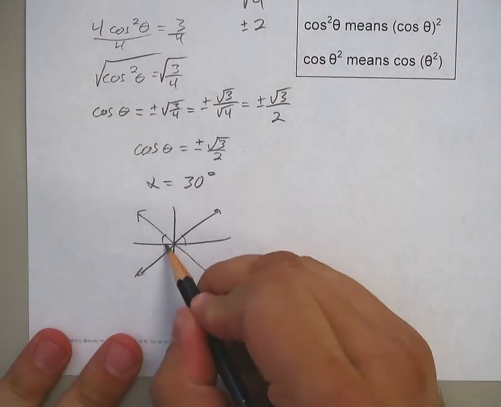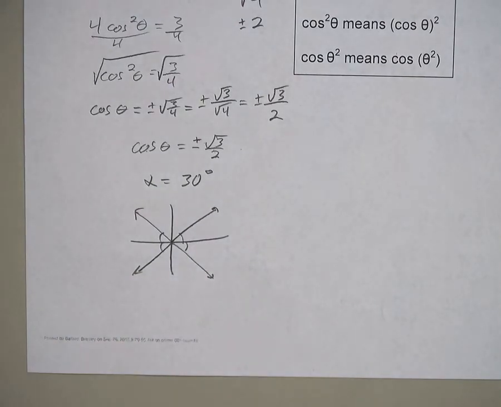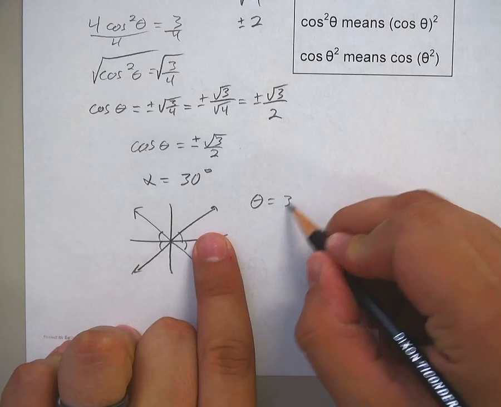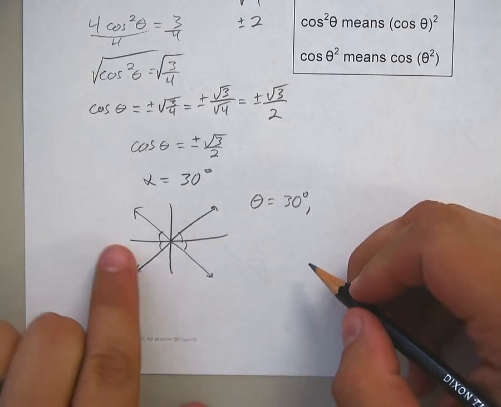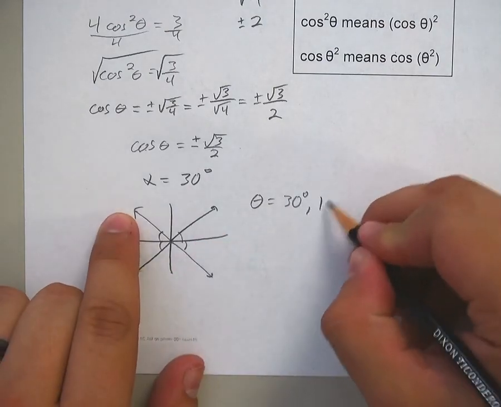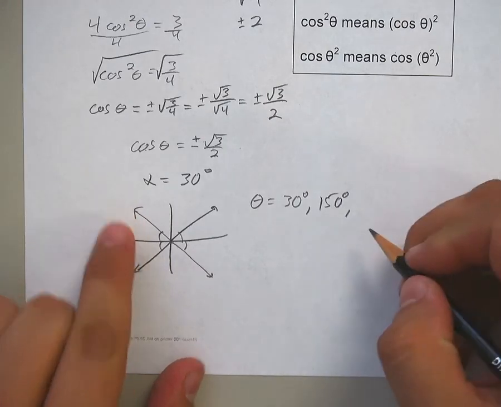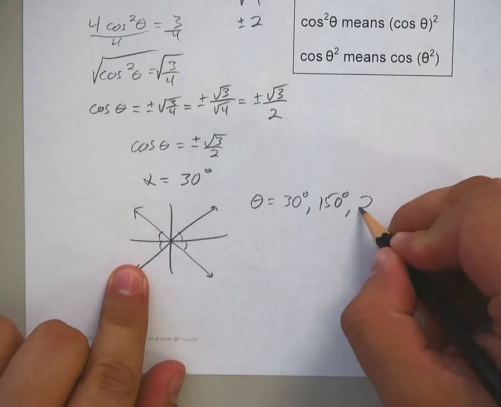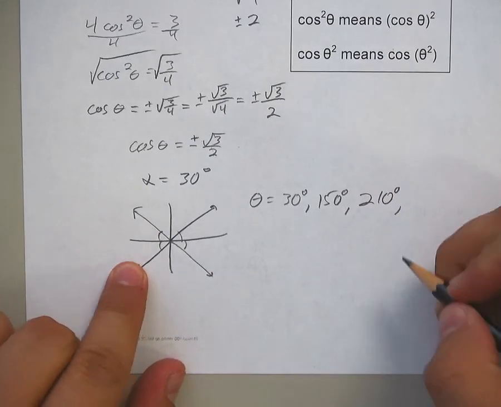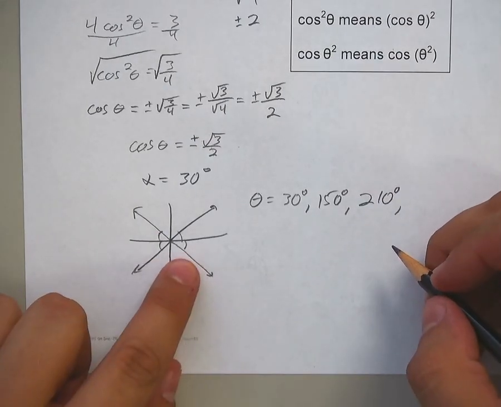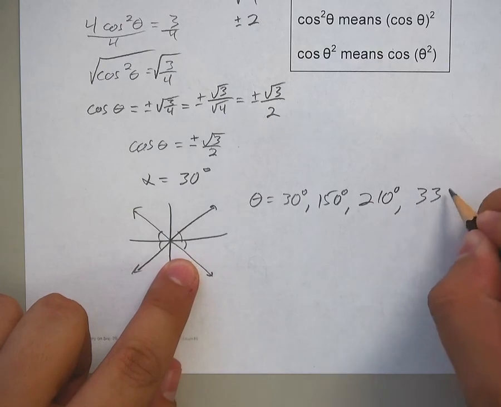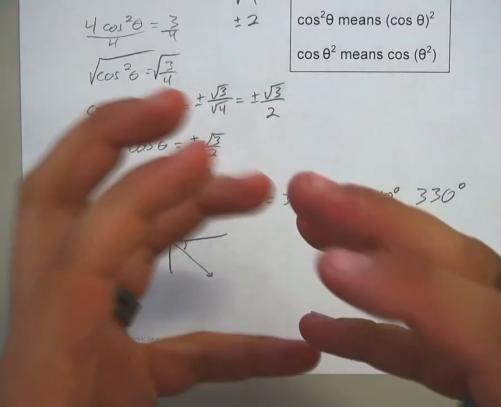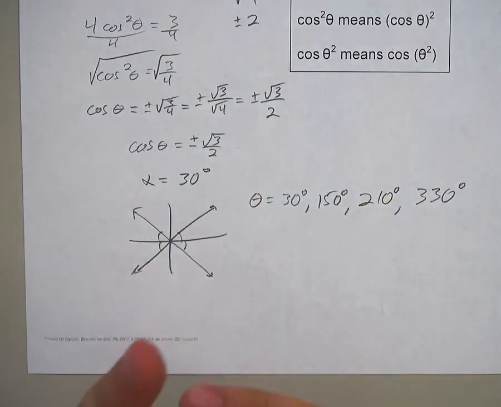This guy, this guy, this guy, and this guy. 4 dadgum answers. 30 degrees. Quadrant 2, 180 minus 30 is 150. Quadrant 3, 180 plus 30 is 210. And 360 minus 30, 330. So if you ever have to take the square root, please keep in mind that a square root is not just a number, but it has